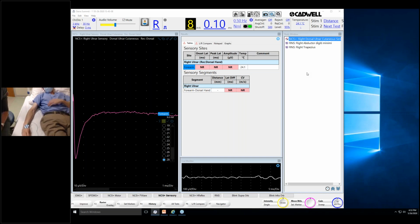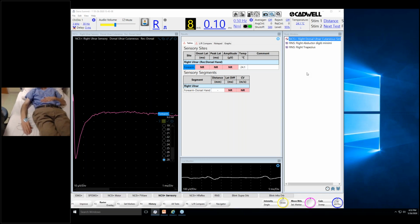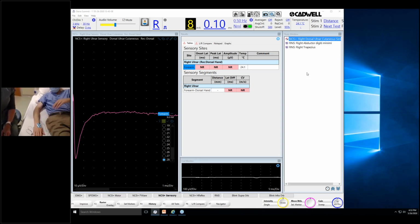So when we perform our standard, routine ulnar study, we perform it with the elbow up. If the patient's cooperative and you're just going to do a baseline set of rep stim, do you always bring the arm down? Or do you sometimes do it with the arm up? It really doesn't completely matter if you do rep stim with the arm up or down. I think the arm down is